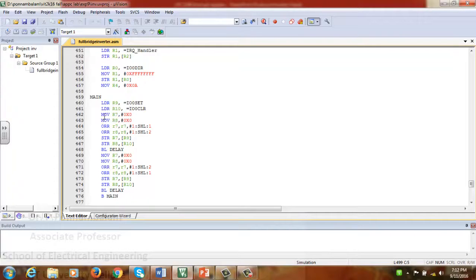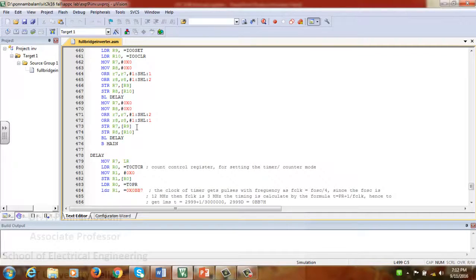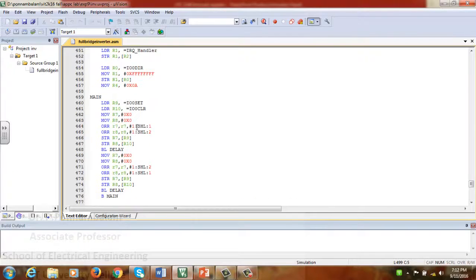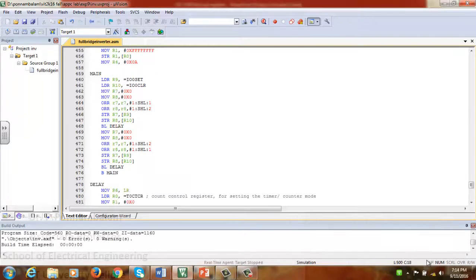Then I am clearing the content of R7 and R8. R7 and R8 I am going to use for internal purposes, manipulating them to get output from port 0.1 and port 0.2.